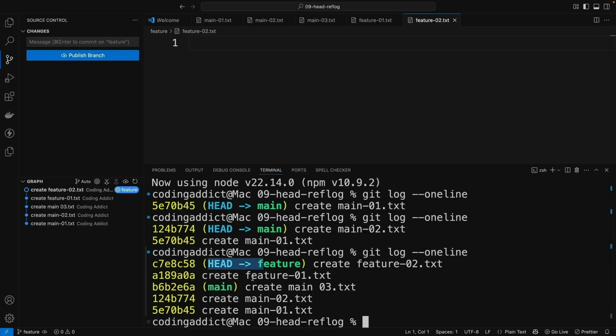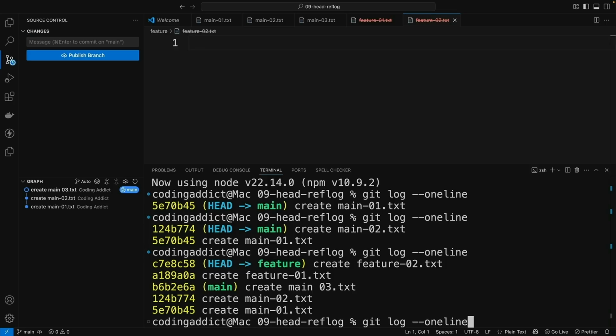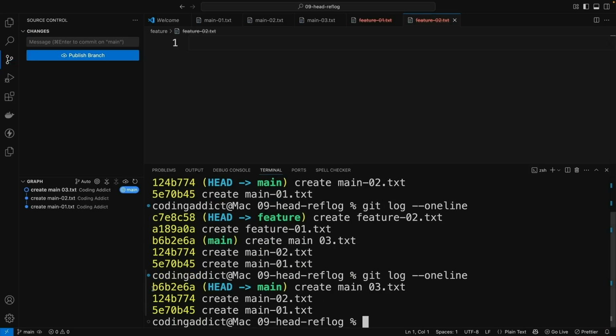So at this point, the starting position was the same for the feature and main. At that point, they were pointing to the same commit. But once we actually create some commits in the feature, the feature is going to point to the latest commit. And if we switch over to the main and run the same command, you'll see that it still points to the latest commit. So this is totally up to you if you want, or you know what? Yeah, actually, let's create that commit so we can have the merge commit, just so you don't think that I'm messing with you. So I'm going to go over here with some new commit,